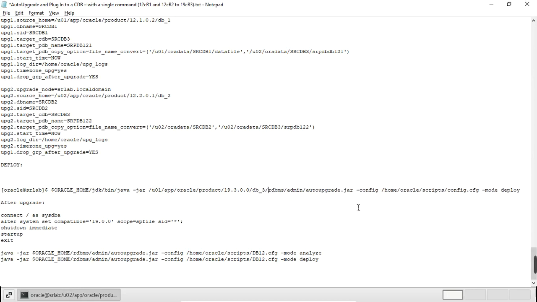So I have created the scripts config.cfg here.